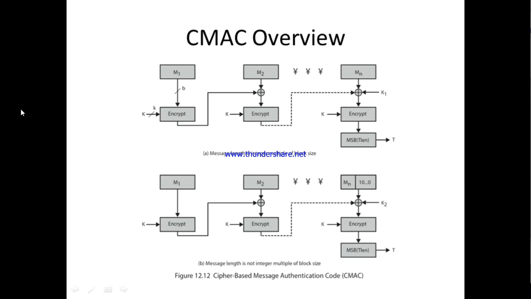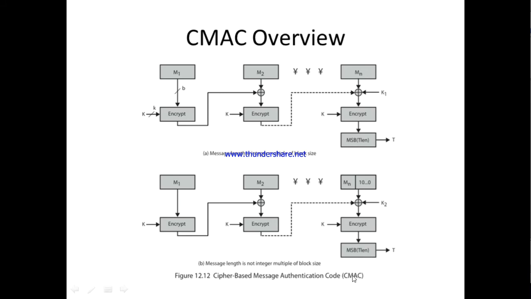Alright, and if the message block is smaller, then we need to add additional zeros. Okay, so I can go for encryption. Then this cipher block is given as input, and the cipher block is given as feedback to the next blocks and proceeding. Finally, we XOR with the message, the previous cipher block, and key 2. Okay, and again encrypt, and then generate the output.